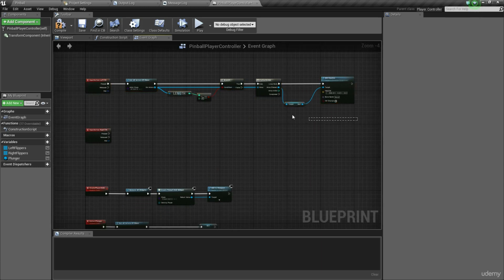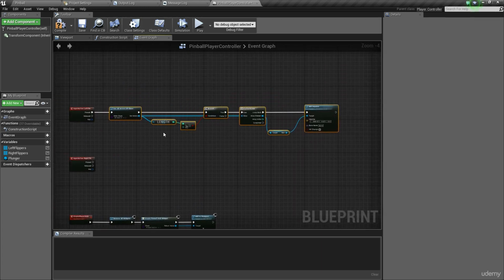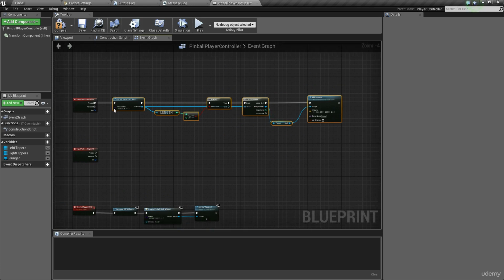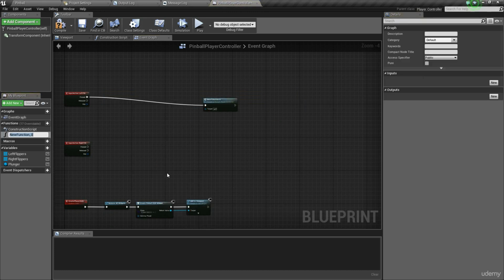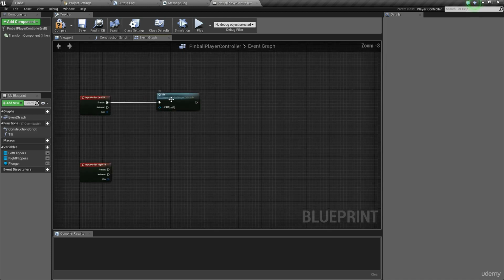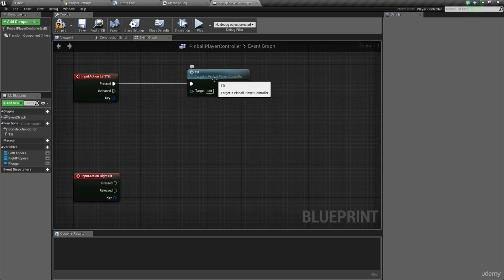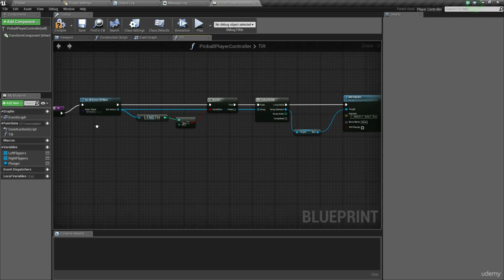So if we wanted to as well, I could get all of this and I could collapse it into a tilt direction. And if I wanted to, I could collapse this into a singular function that left tilt and right tilt call. To do that, all I'd have to do is select all of them, right click, and hit collapse to function, which is now going to be called tilt. So we've now got a tilt function,